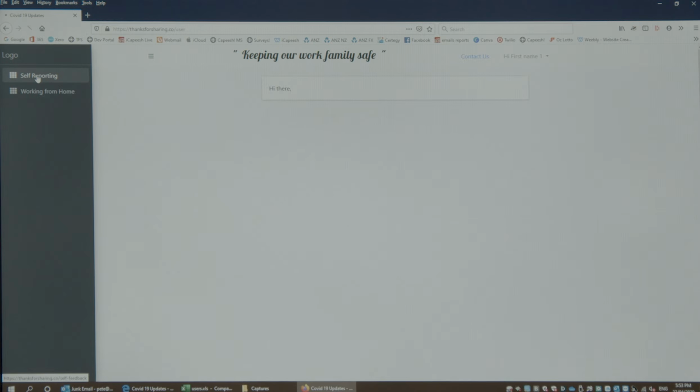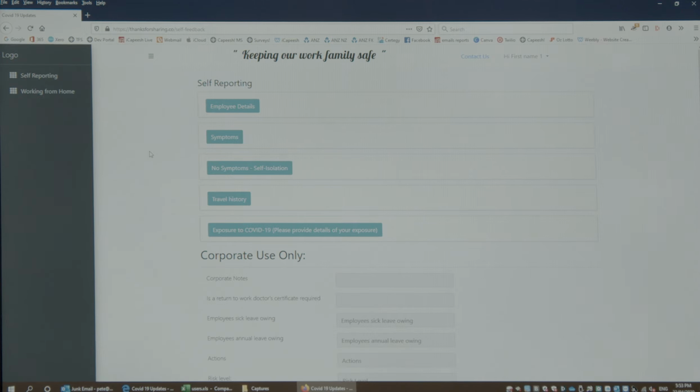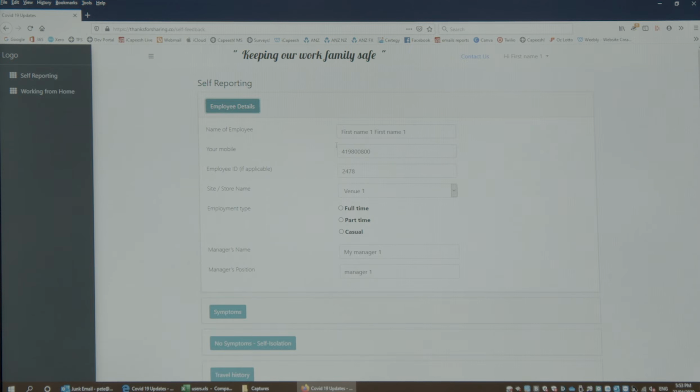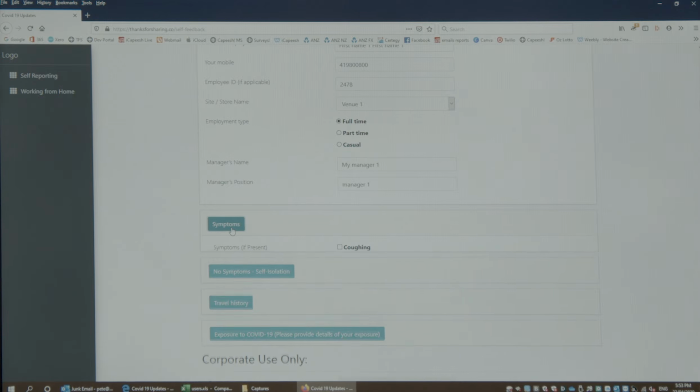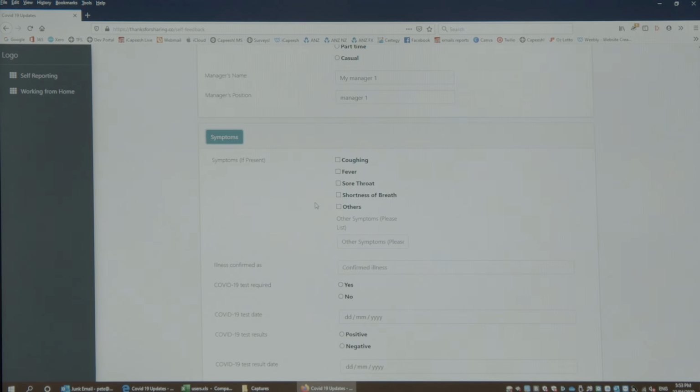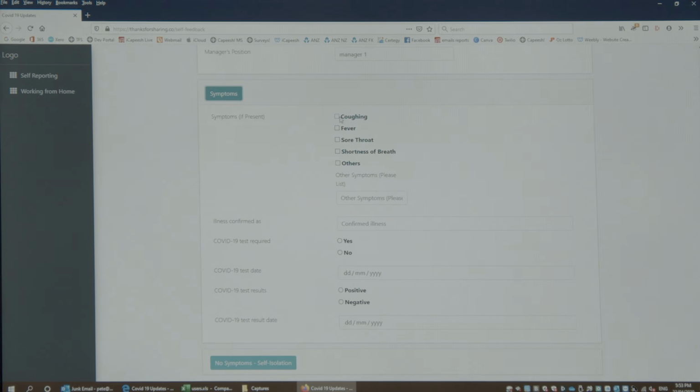Let's do a health check first, so we're self-reporting. Employee details are given within the Excel spreadsheet that was uploaded. Am I full-time, part-time, casual? I know who my managers are. Do I have any symptoms? If you do, then you say what present symptoms you have, coughing, fever, it could be other, and it could basically be just cold symptoms. And if they are, it just feels like